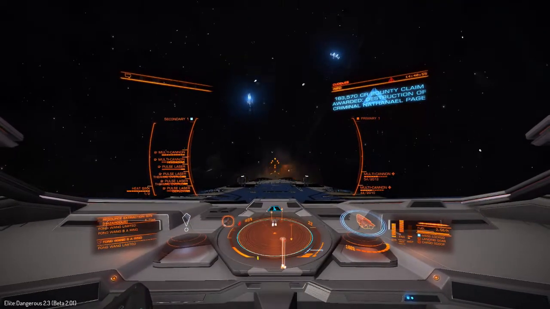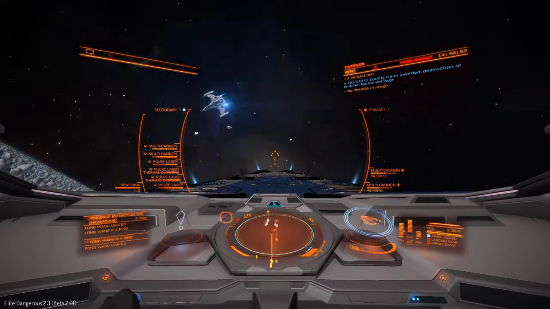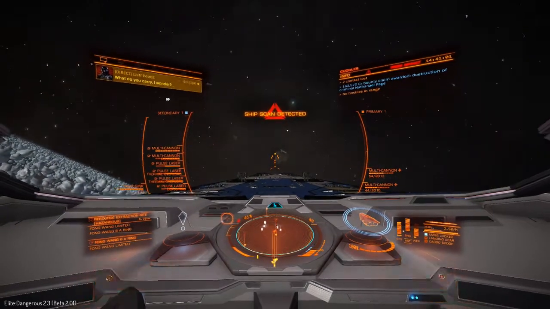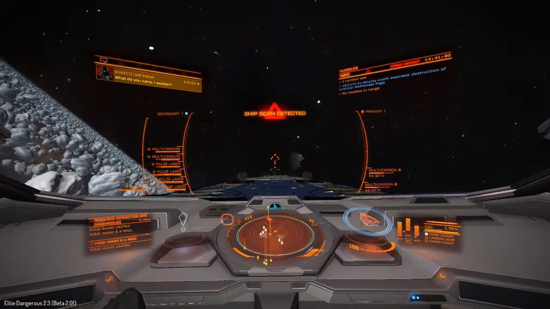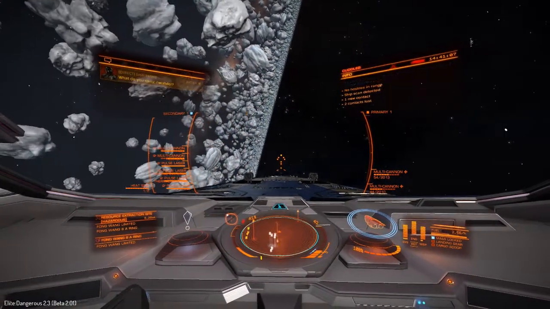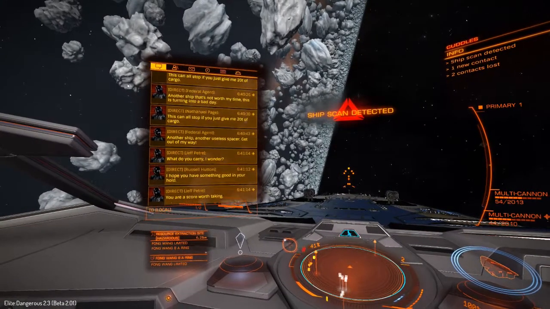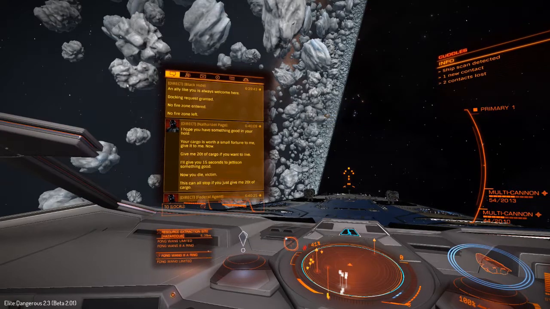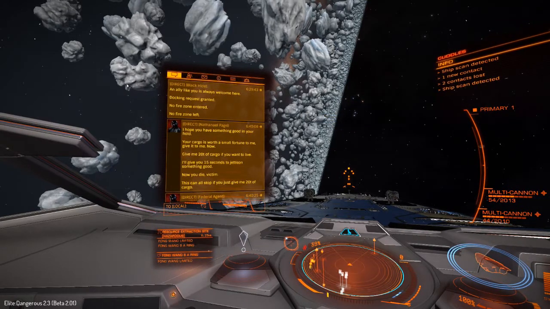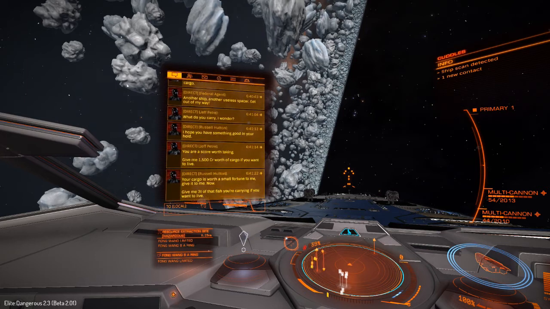Okay. Where's the other guy? He disappeared. Oh, maybe it was a fighter. Was it a fighter that he launched? Might have been. Let's see. Who was it that said that to me? No, it was him. Okay, so he was asking me for 28 tons of cargo. So it must have been a...